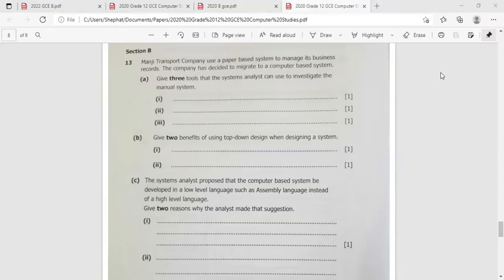Let's begin. Mandy Transport Company uses a paper-based system to manage its business records. The company has decided to migrate to a computer-based system. Give 3 tools that the system analyst can use to investigate the manual system. So the tools that can be used to investigate are interviews,